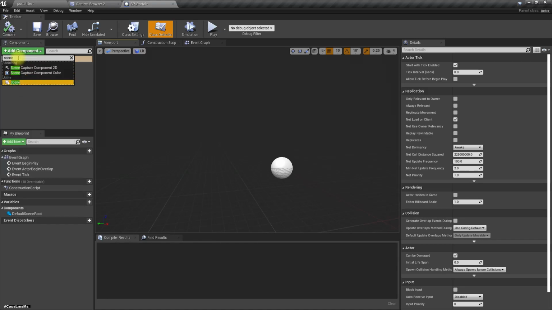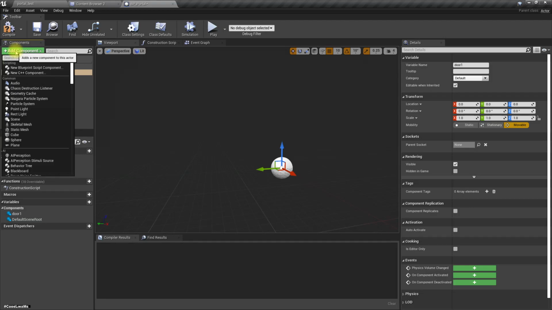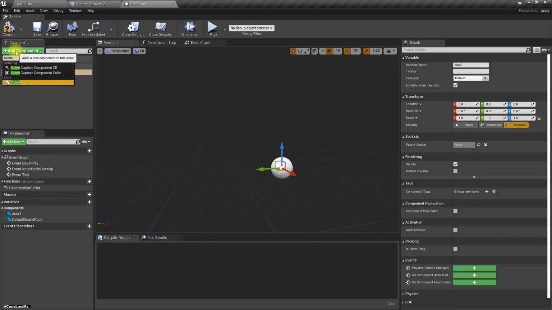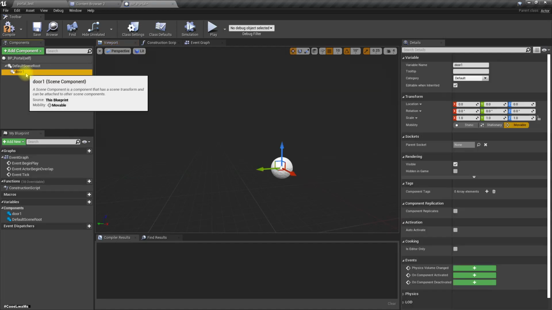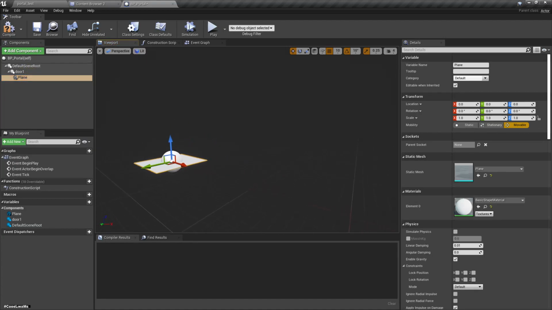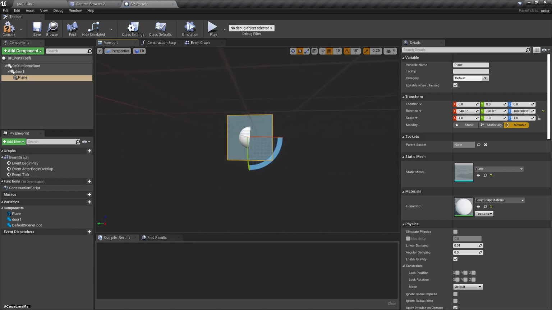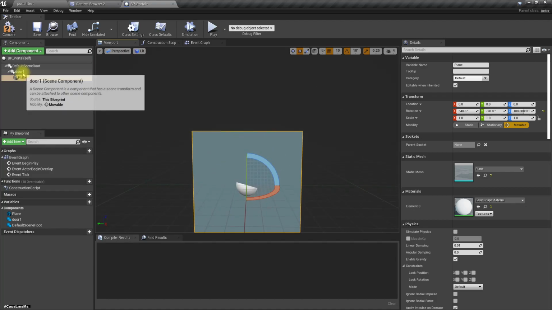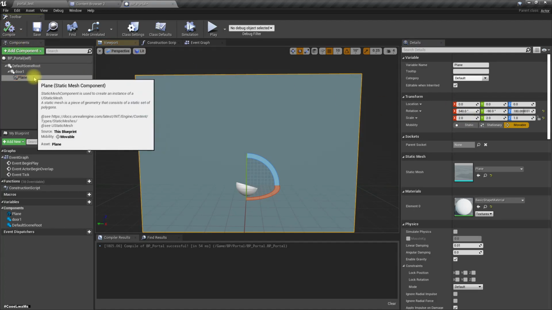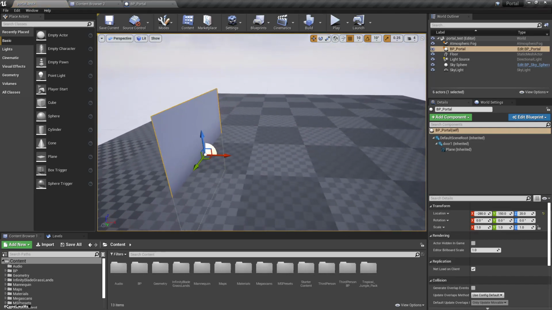Let's add a scene component. I'll call it door 1. So under door 1, let's add a plane like this. It should be rotated like this so that I can see that properly. Let's make it a little bit larger. So right, this is door 1. Let's place it here. Oh, it's that way. Okay,